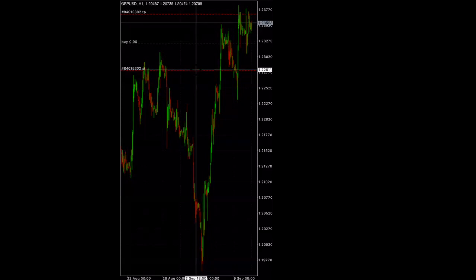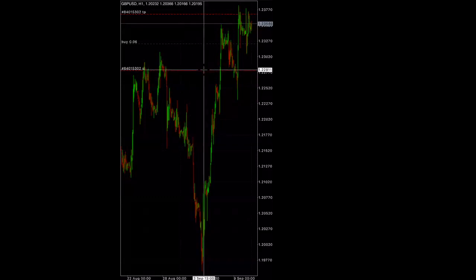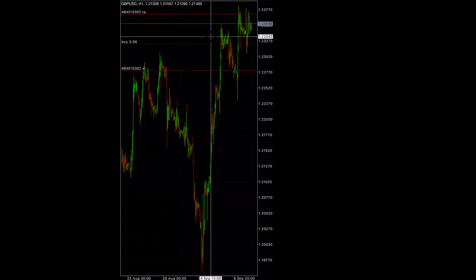So for one, you have to be in profit on the trade already for you to move your stop loss and profit. Go to the chart, look at where your stop loss is, and just move it to any area. If you're in a buy, above your entry point. If you're in a sell, below your entry point, of course, if you understand that. So say I wanted to move it right here to